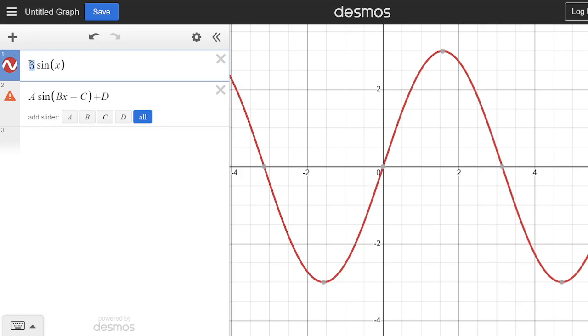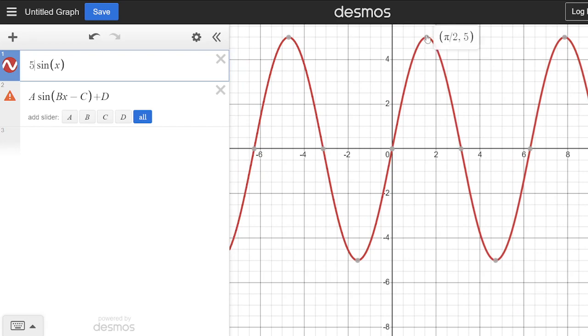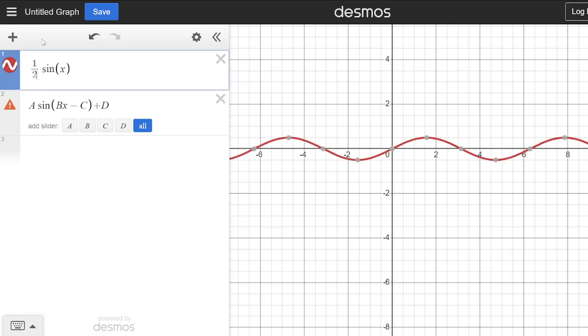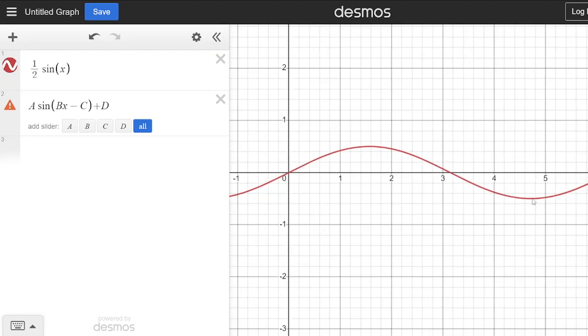If I change it to 5, I have to zoom out a little bit to see my y value up here is 5, my y value down here is -5, and if I change it to 1/2, of course, I get a very short function, y value of 0.5 and a y value of -0.5 here. Now, going back to the original problems,